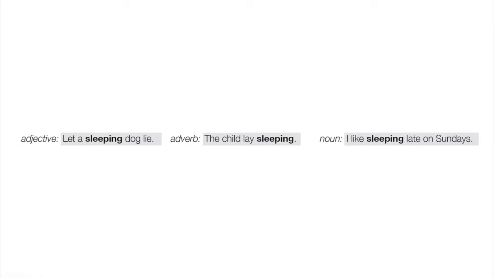Look at these examples with sleeping. Sleeping could be an adjective, an adverb, or a noun in English. And obviously, all of these words are related to the word sleep, to sleep. Sleep, by the way, can also be a noun all by itself in English. We have this habit of turning nouns into verbs and vice versa in English with no change to the form necessarily. And here again, we get these three different -ing words: sleeping, sleeping. Let a sleeping dog lie.